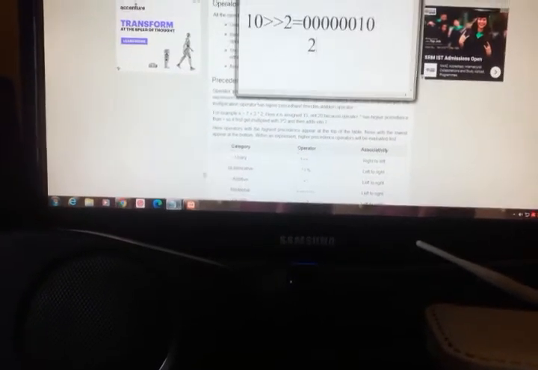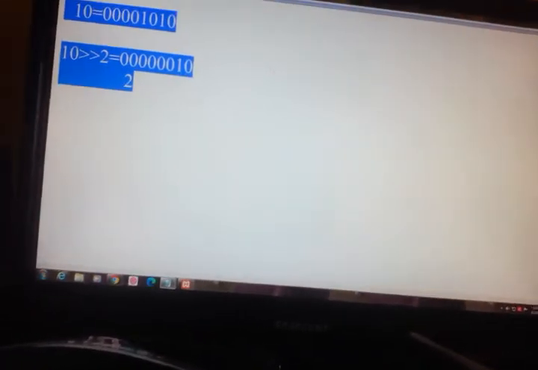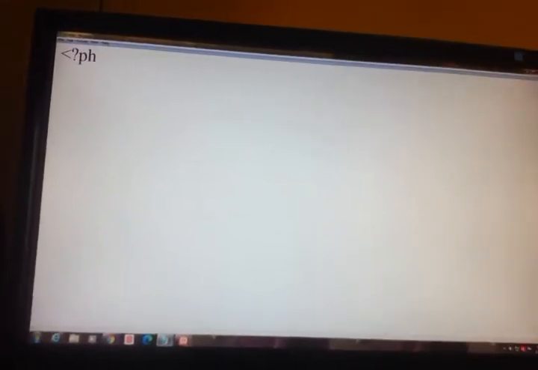So let's see that with a program. Open PHP. $a is equal to 200, $b is equal to 50.